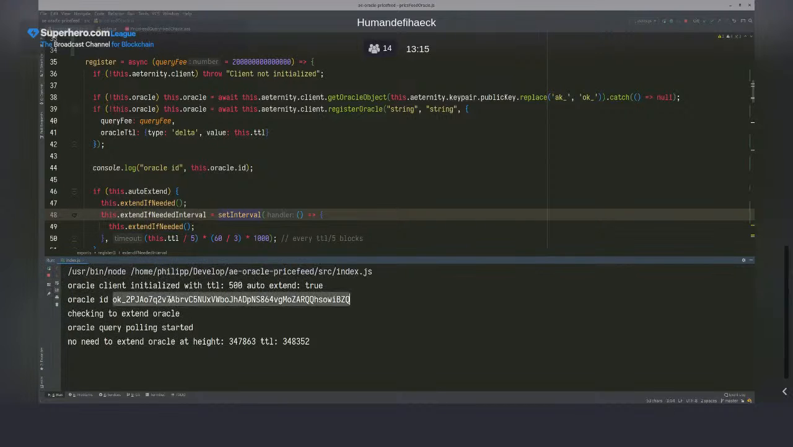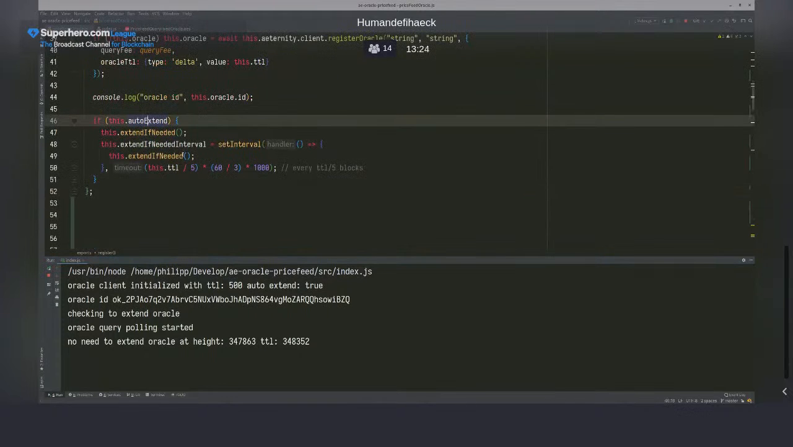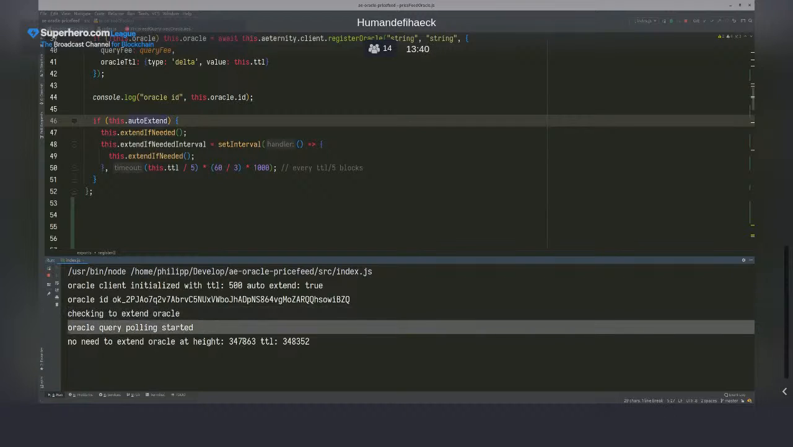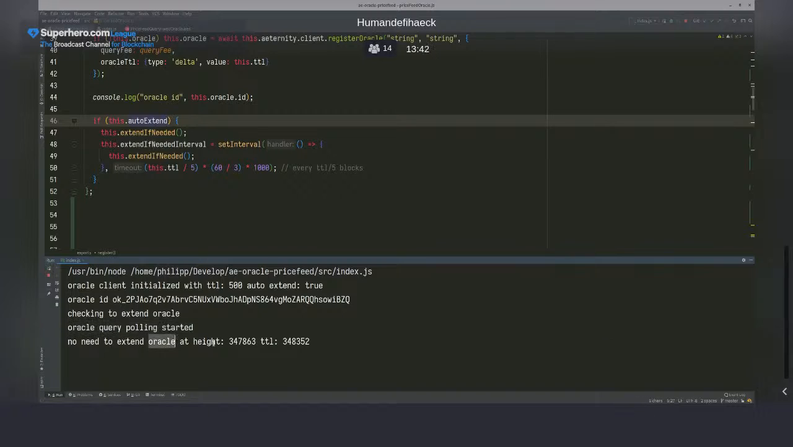is called. So our Oracle client is initialized with the time to live of 500 and auto extend true. So this auto extend logic will run. The Oracle is created under the ID. So the address of the Oracle is OK_2PJA. It checks if the Oracle needs extending, which it probably doesn't. And it starts the polling right away. And it also says to us, no need to extend the Oracle. We are still within our time to